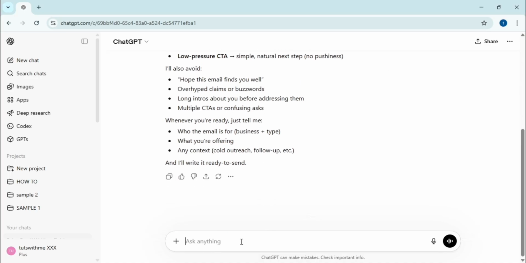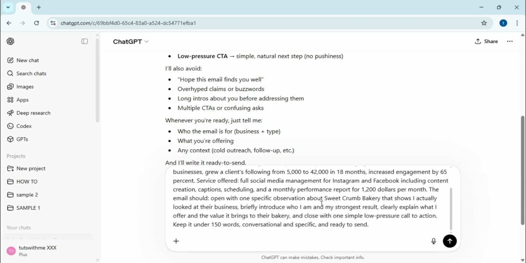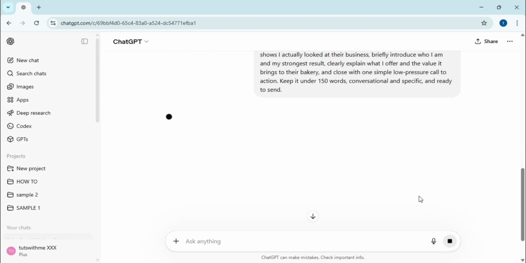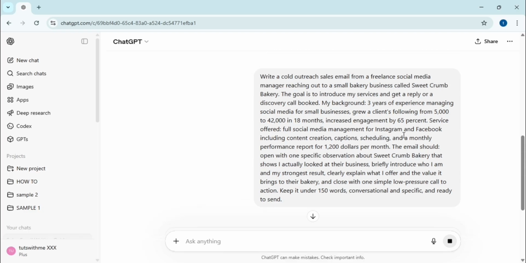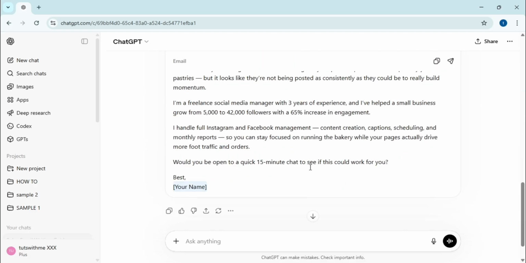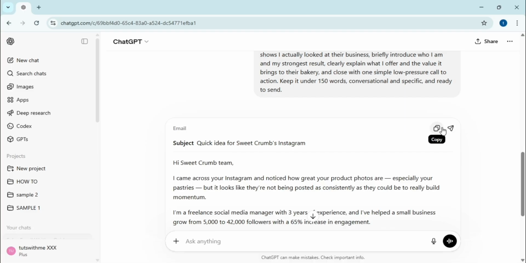Now that the assistant is set up, I provide specific details about a freelance social media manager reaching out to a bakery to request a cold outreach email. The AI generates a professional draft that highlights the bakery's quality while showcasing my growth statistics and offering a full management service. This email is structured to be read in under 30 seconds, making it perfect for busy business owners who value directness. I then use the Share tool to see how easily I can export this text directly to